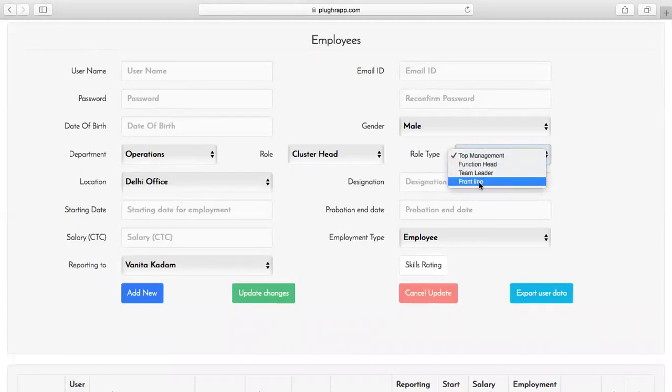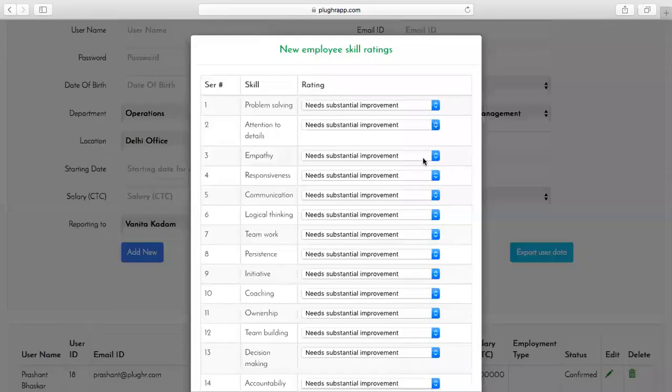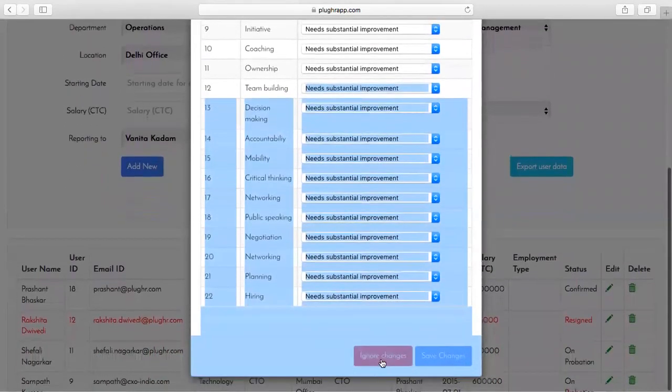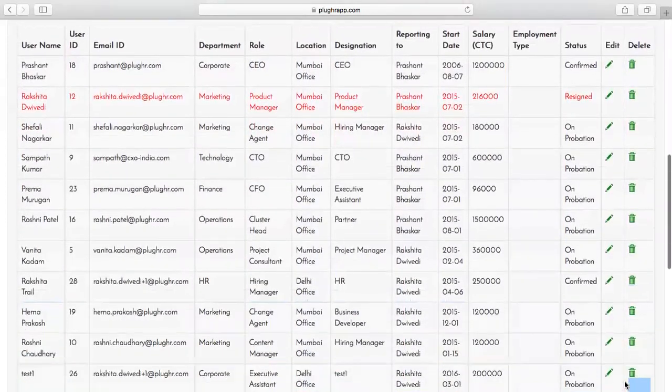Basically, frontline is somebody who has nobody reporting. So select all this. If you want, at this stage, you can also do skill rating. If you're adding a user on a particular role, the skills of that role will automatically get loaded, and you can do the rating of the person. And this creates your entire employee list here.